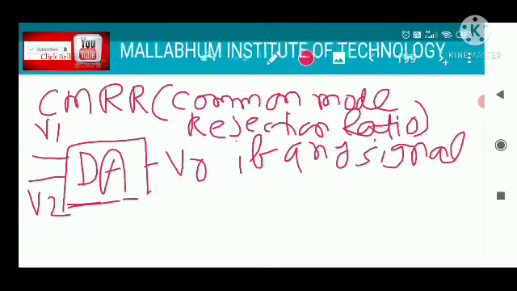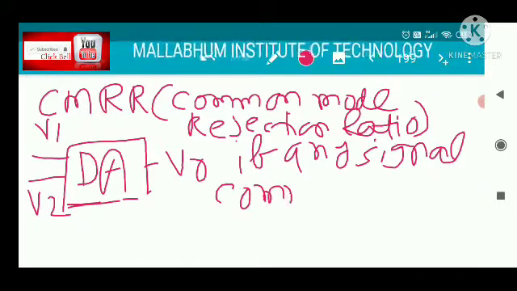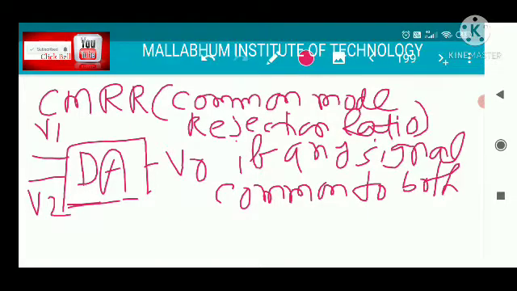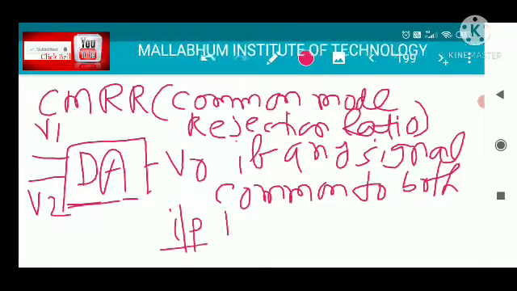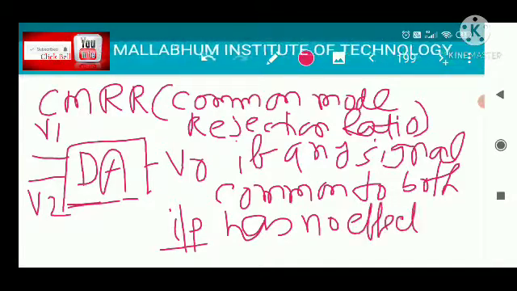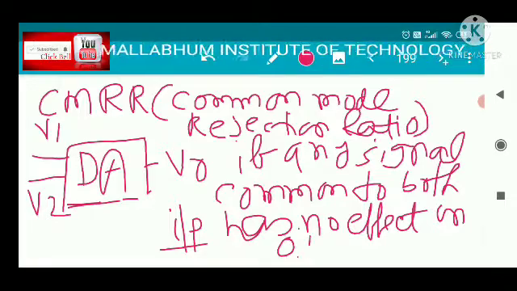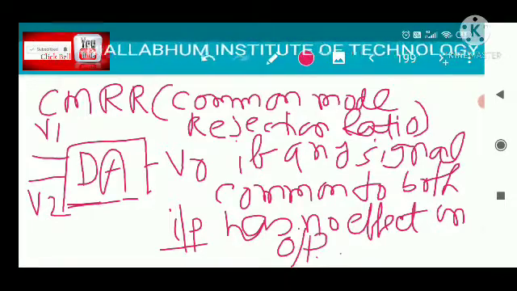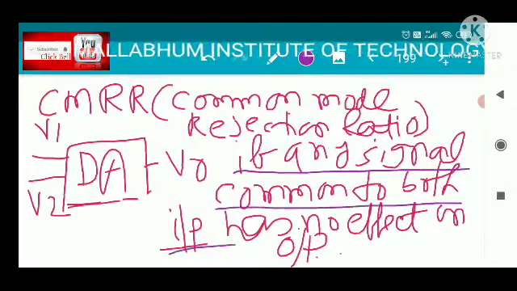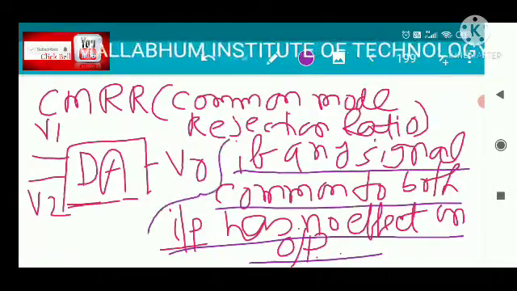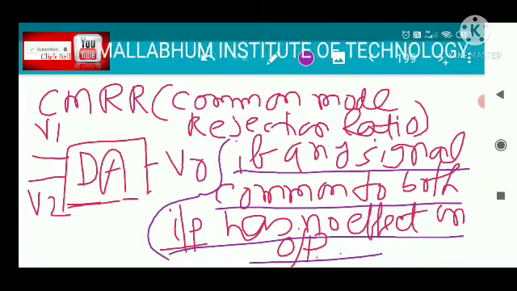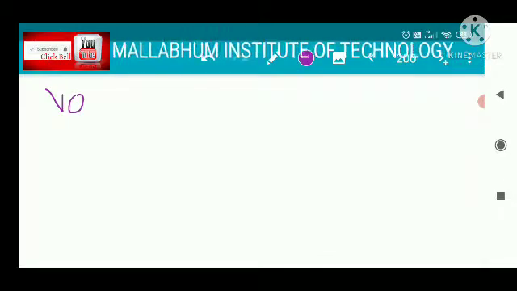Ideal one, if any signal common to both inputs has no effect on the output. Now just understand this term. If any signal common to both the inputs has no effect on the output, then that is called the ideal differential amplifier. Now in the case of the differential amplifier, the gain is AD, so the output voltage